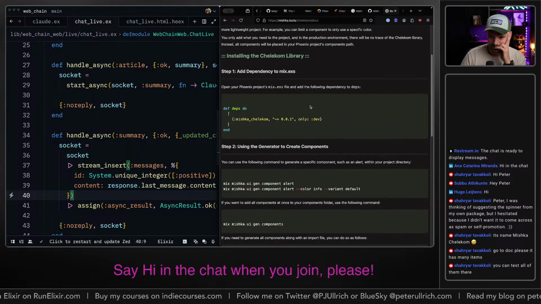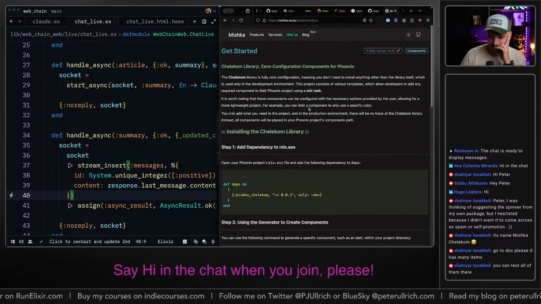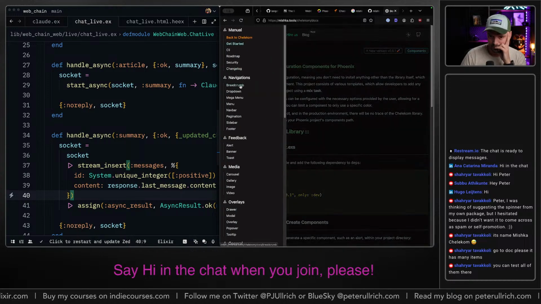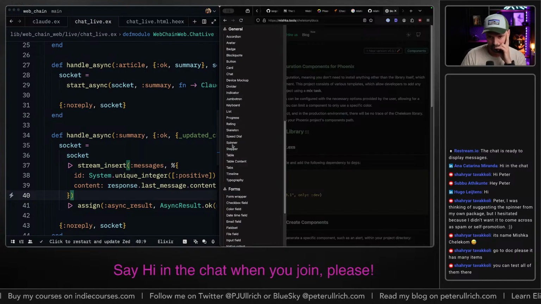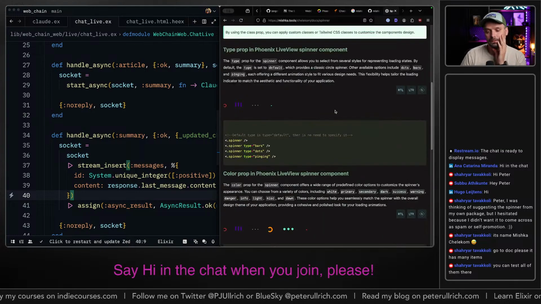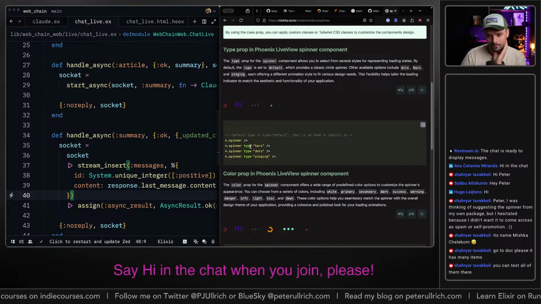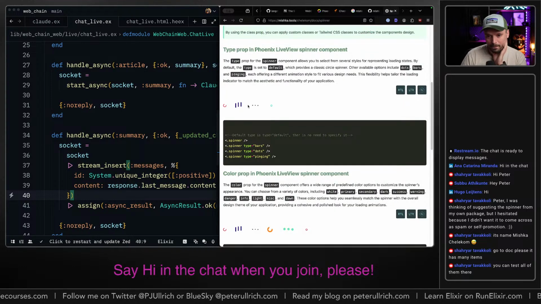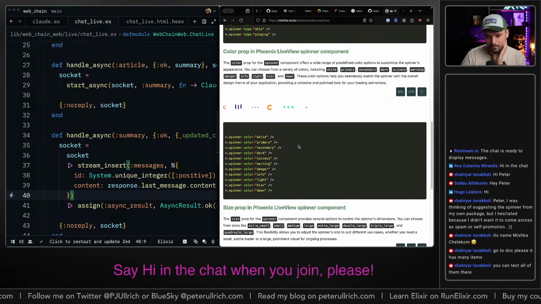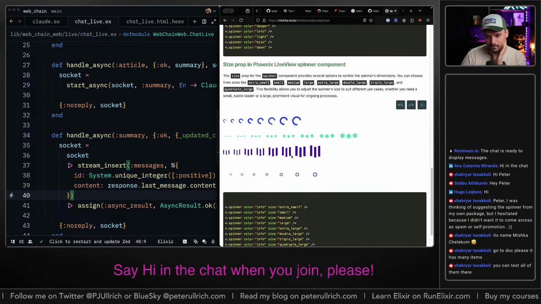Docs. Components. And we wanted to have the spinner in. Yeah, spinner. It's one of these. Okay. Color, size.